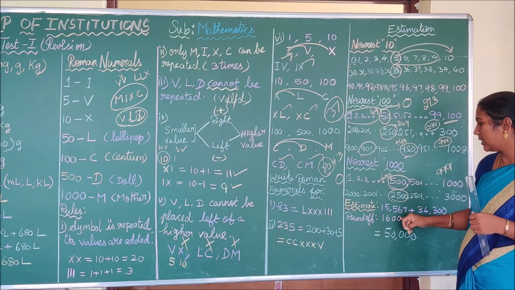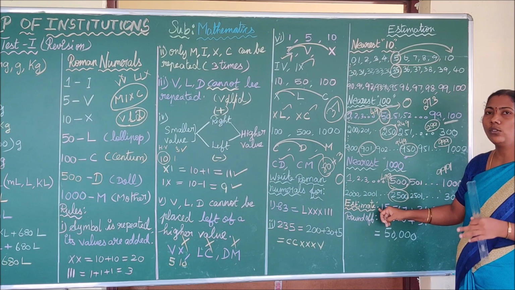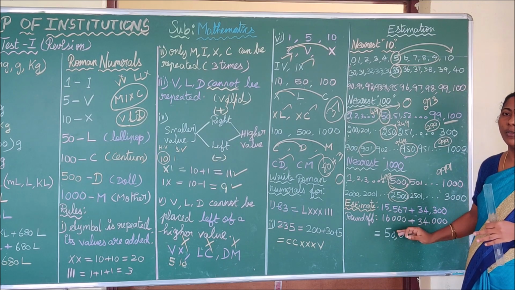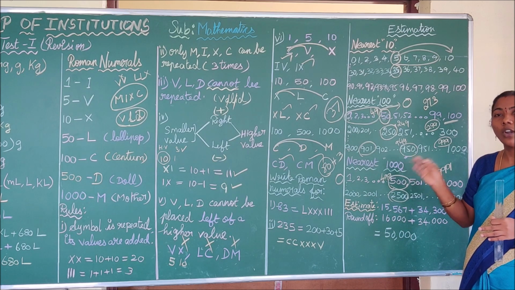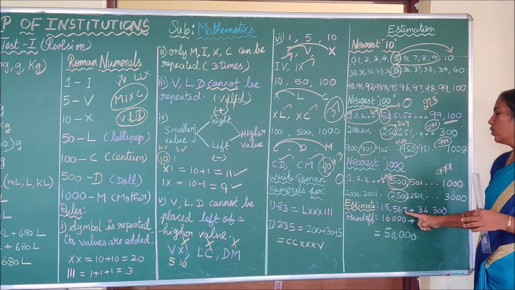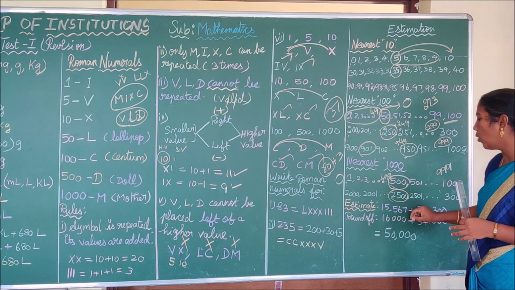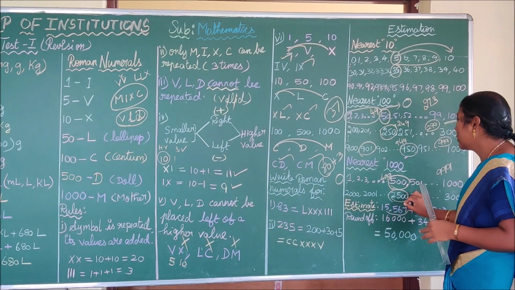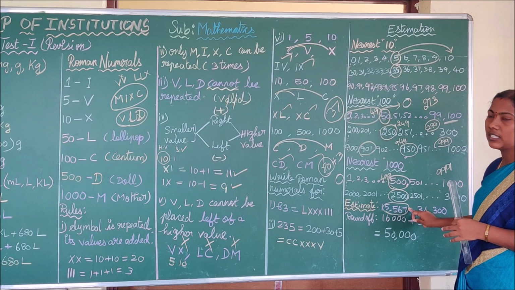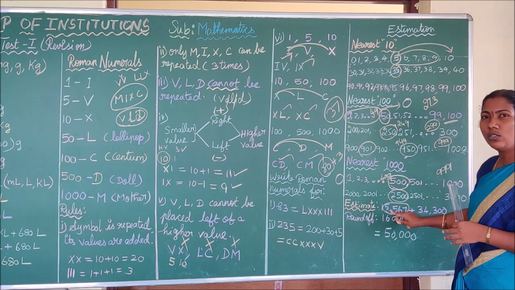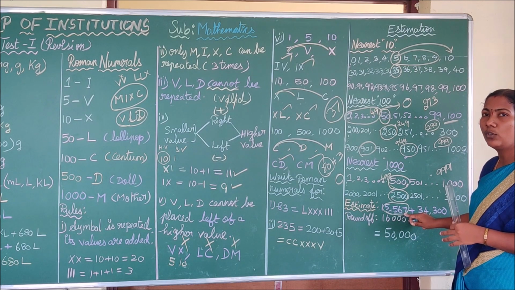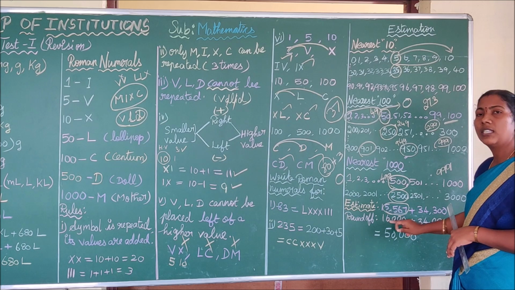See here, a small example. Estimate. They give the question like this, estimate, and they give the addition sum. Don't do the normal addition. Before doing the addition you have to round off the given values. See here, 15,567. To round off to the nearest 1000 you have to consider the last 4 digits, 1 2 3 4, 5,567. So this number lies between 5,000 and 6,000, and this is above 500. So it should be rounded up to 16,000. So your answer is 16,000.